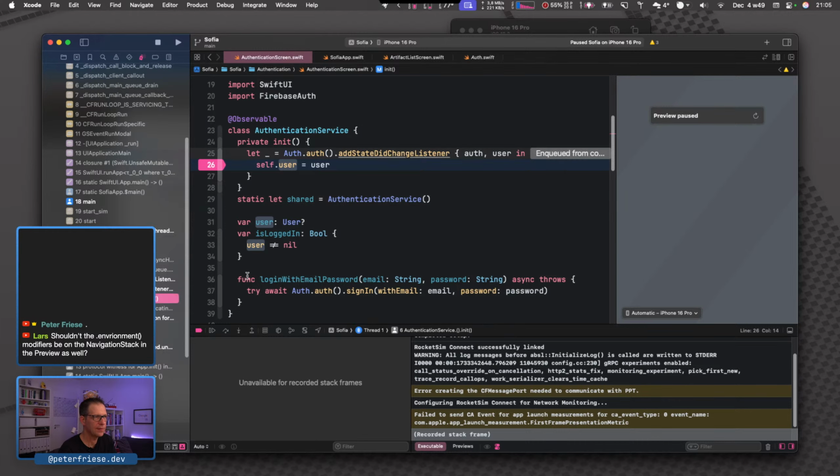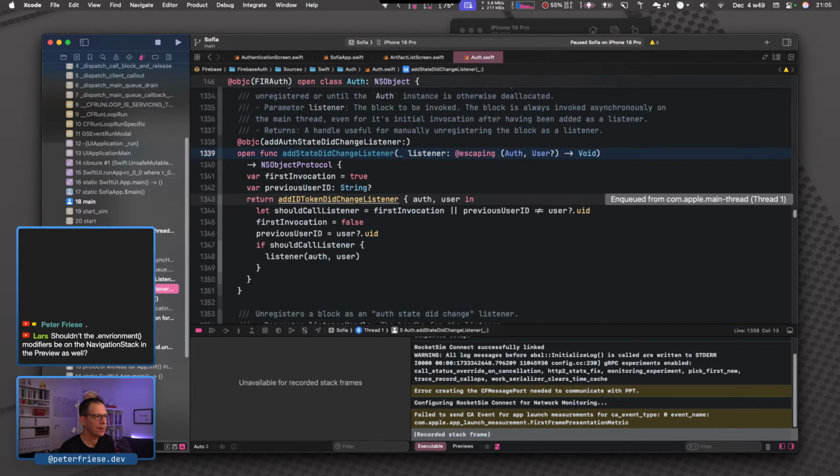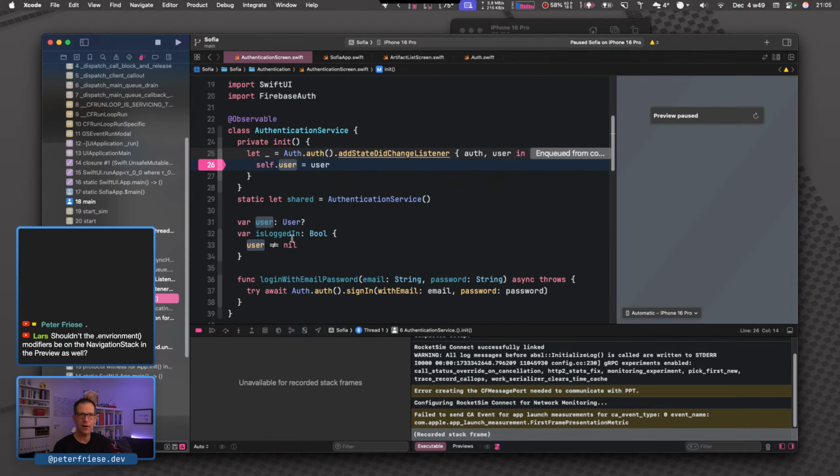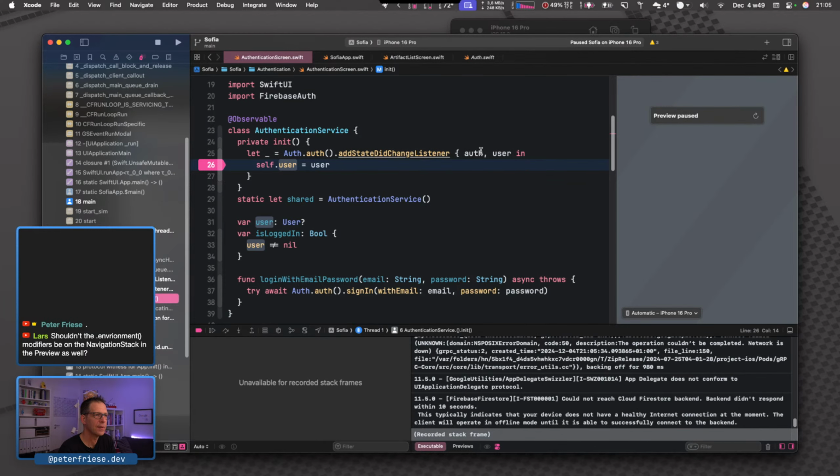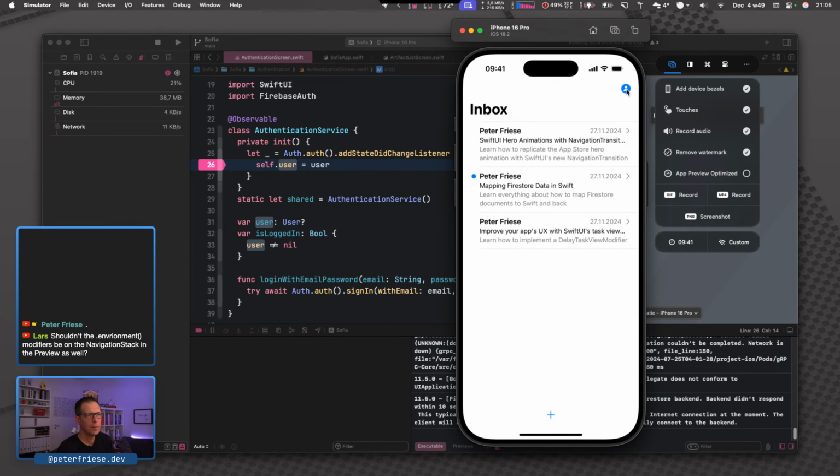The singleton instance needs to call the initializer, and inside the initializer, we say that we want to have an authentication state listener. And that is the thing that makes this connection and makes sure that when you restart the application, the user is still signed in. So that is the proper way to make sure that users can sign in and that you can keep track of the authentication state. Okay, so we're here.